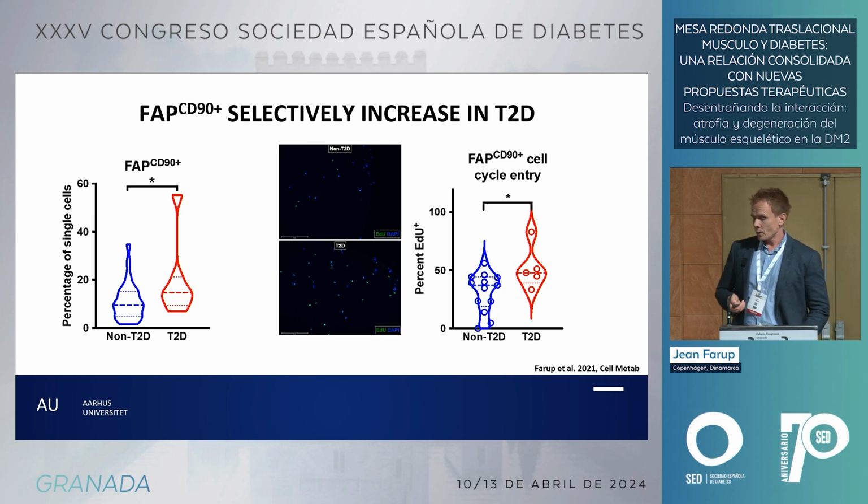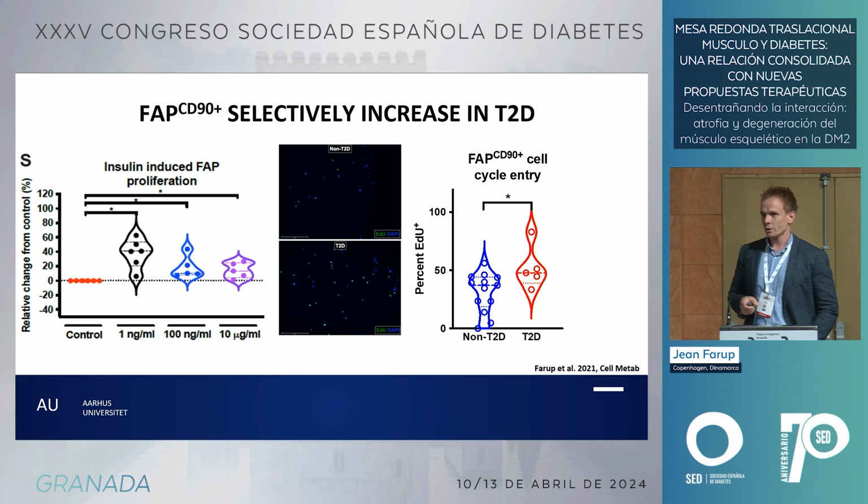And the million-dollar question is, of course, what is driving this? And this could, of course, be many things in this disease, but insulin is, of course, a usual suspect in this situation, and it is a potent driver of activating these cells. So again, we think that these extended periods of hyperinsulinemia or even exogenous insulin could be transforming the muscle in this way.